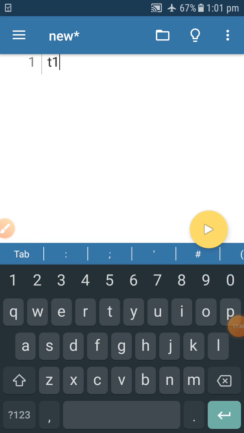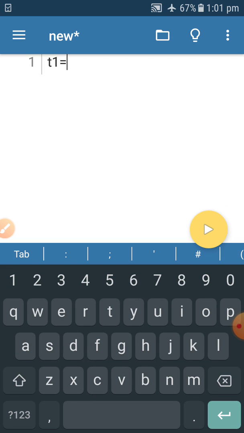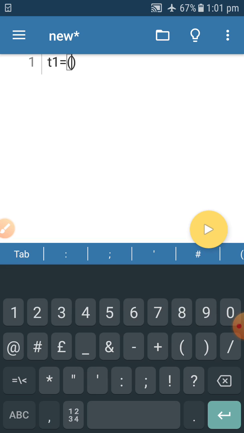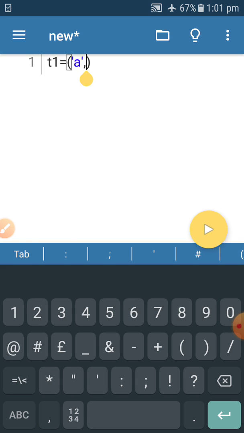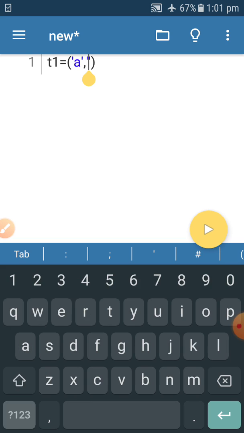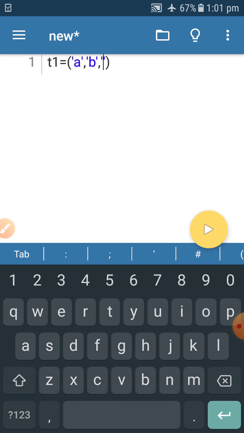I'm making a tuple here equal to A, comma, B, comma, C. So I have created a tuple here.